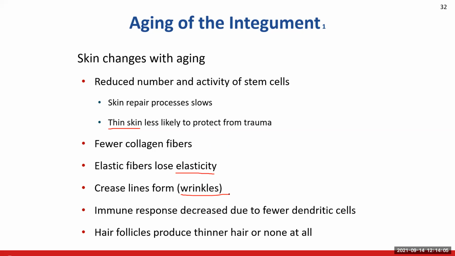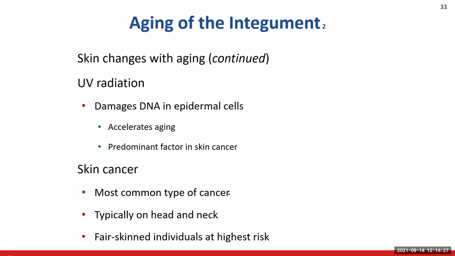And then we'll start to see our hair follicles will either stop working altogether, which is really unfortunate, or the hair that they are producing is just going to be thinner, which is not uncommon for folks as they move into their 4th, 5th, 6th decades of life, the hair on the top of their head becomes thinner. But one of the things you always have to be careful of is this guy, ultraviolet radiation, because it damages those epidermal cells, and it's a huge risk factor for cancer, but it will accelerate the